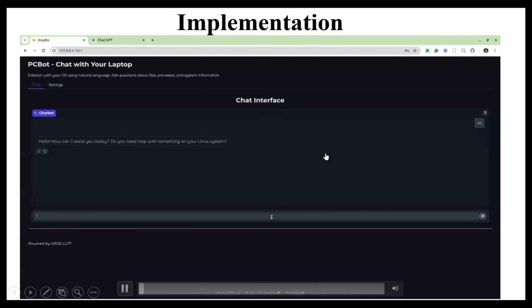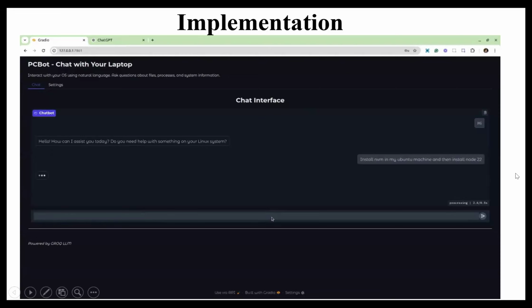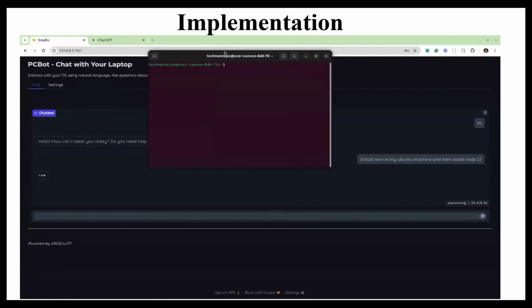Yes, sure. So this is a demo of what we have done. Currently you see this is the interface that is running on the desktop, and I am prompting it to install npm in my Ubuntu machine. I want to install Node Package Manager, which is a package that we use to develop websites. And just by giving this command, install npm in my Ubuntu machine and then install Node version 22, it is running those commands that are necessary for